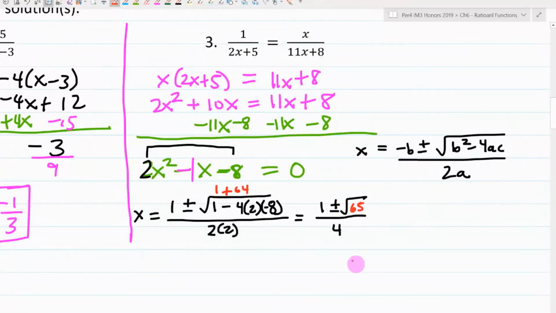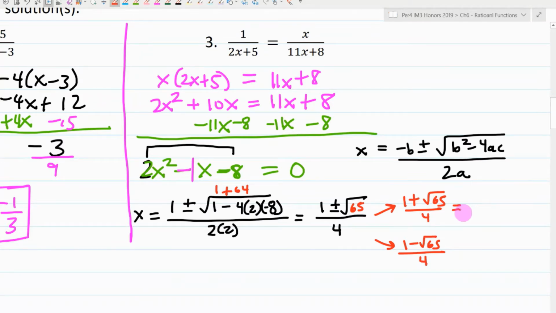So that's 65. And there's nothing you can do there. So in this case, we can make that into a decimal, but there's going to be 2 decimal answers that we have to check. Okay, so we have to do 1 plus the square root of 65 over 4, and there's no perfect square and you can't simplify that. And then 1 minus the square root of 65 over 4. So if you do that,